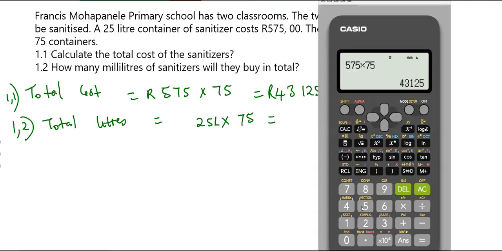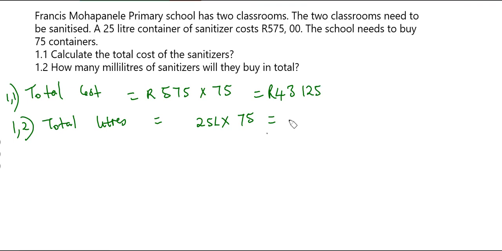What do we get there? So it's 75 times 25. We get 1,875. So it's going to be 1,875 liters. Now for us to convert to milliliters, we know that from liters to milliliters,